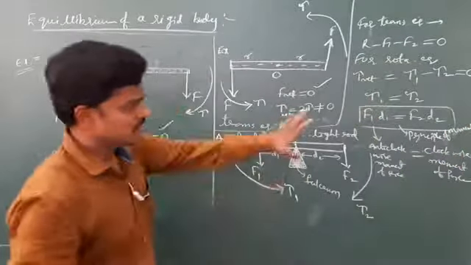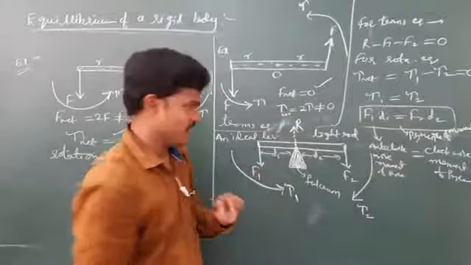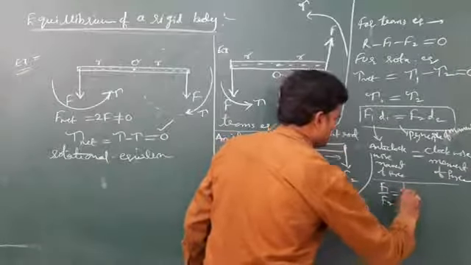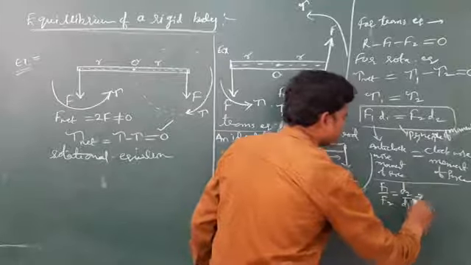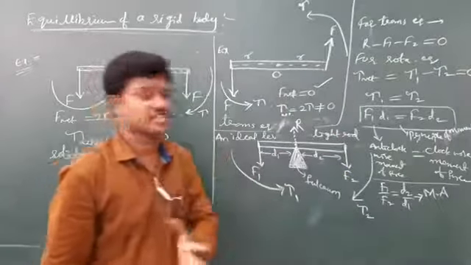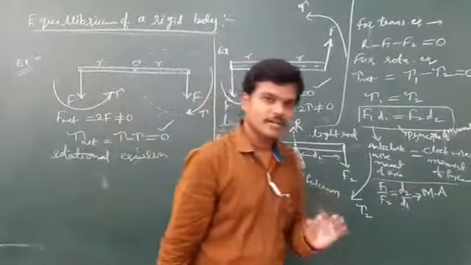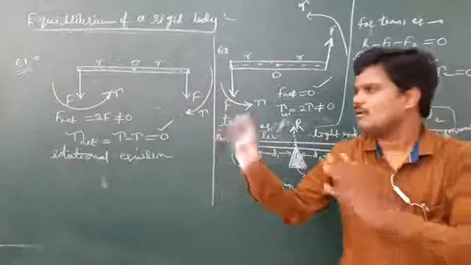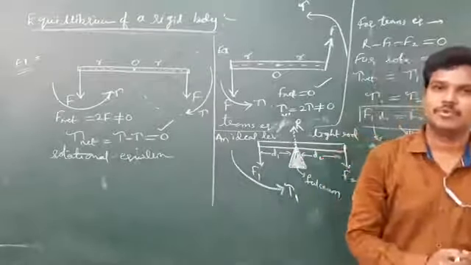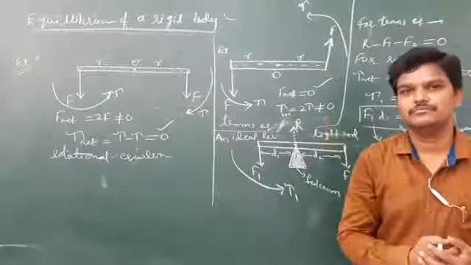I think you remember this formula, F1 d1 is equal to F2 d2, the principle of moments. And we can extend it one more step: F1 by F2 we can write as d2 by d1. This d2 by d1 we can call the mechanical advantage, M.A. So F1 by F2 we can call the mechanical advantage. So these are all our basic things related to torque and equilibrium problems. Okay, equilibrium concepts. By using this, let me continue with some problems.